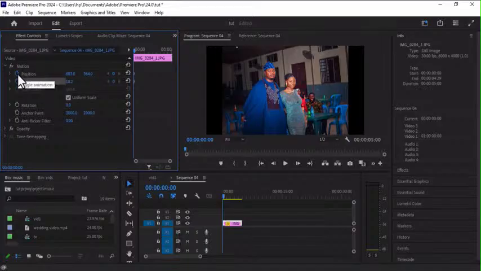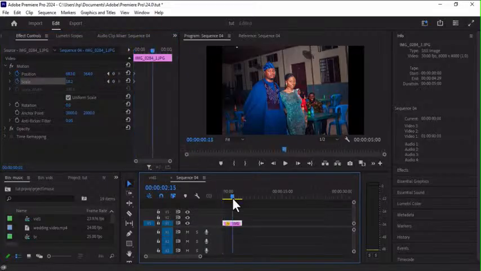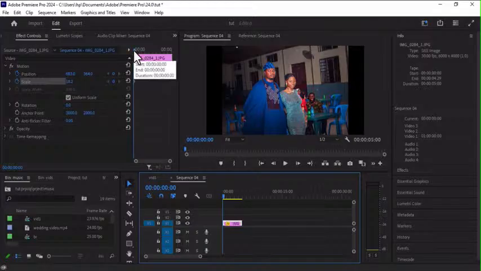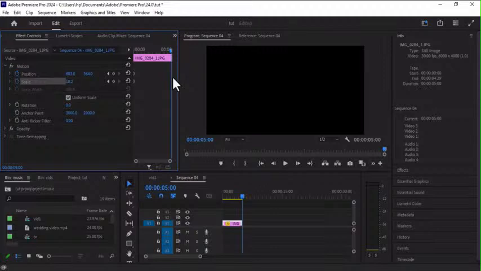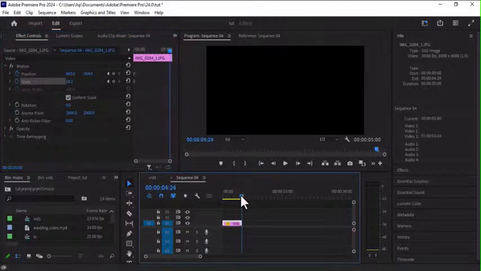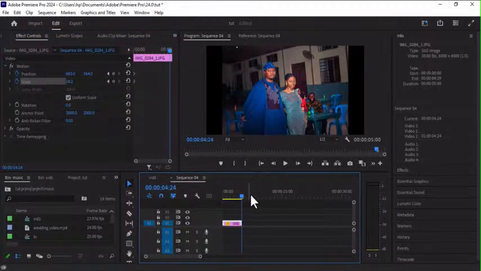Once you're done clicking on it, the next thing you need to do is to move your playhead, from here or from here as well. Then you take it to the end, where you want this effect to end. Once you've done that, the next thing is